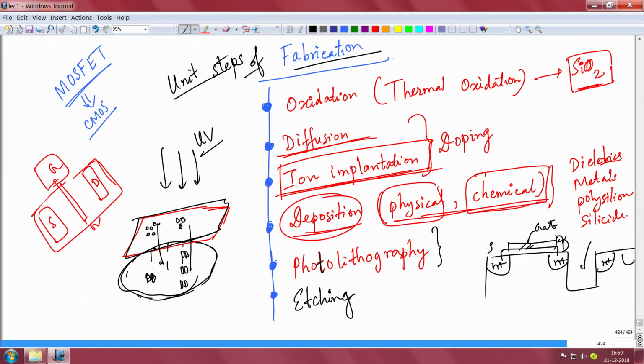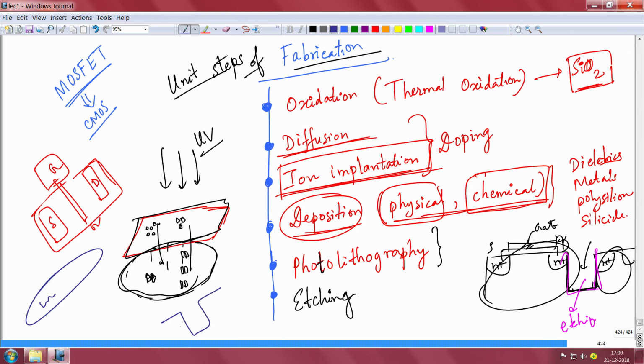The reason you isolate is that you do not want one device to talk to another device, to affect the other device. So these trenches that you have created, this isolation, this is etching. You have etched the silicon away between the two. So with etching, in a way, you can design some funky structures. You have a silicon wafer like that, you are etching the silicon away in some areas. You can have different sorts of structures, V shape, or you can define the depth. You are removing the material from a selected portion in a selected fashion and pattern.